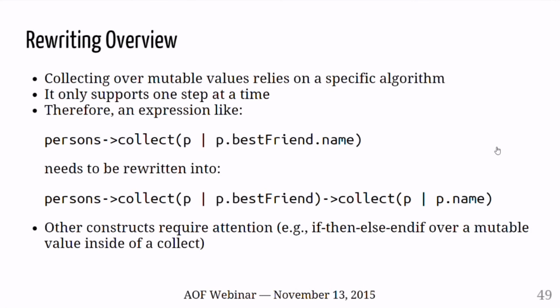For instance, collecting a complex navigation has to be rewritten into a chain of simple collections. And of course, there are complex things like if-then-else on mutable condition inside of the collect, which require using this switch collect operation, which I mentioned earlier, which I can show in